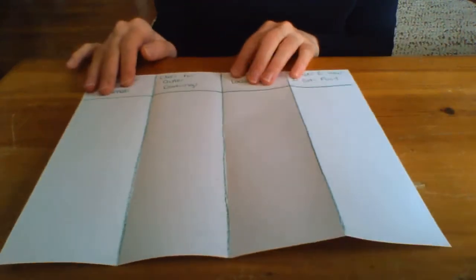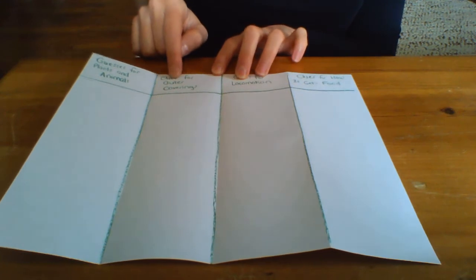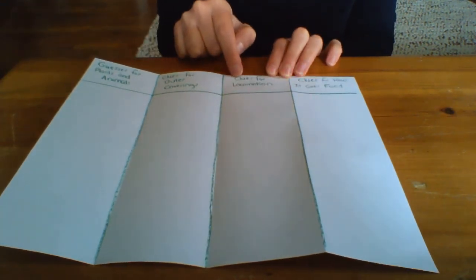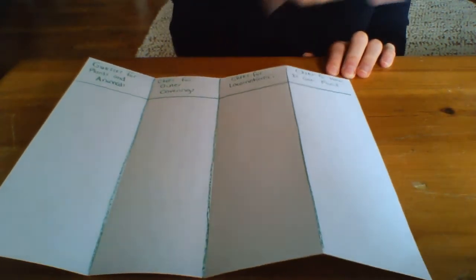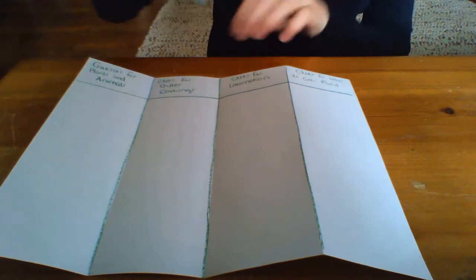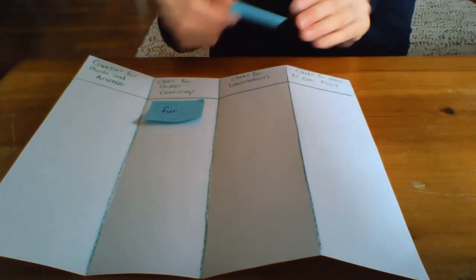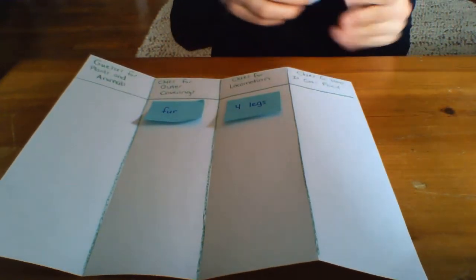Either you or your child is going to go first, and you're going to start with giving a clue for the outer covering of one of those plants or animals from the list, a clue for locomotion, and a clue for how it gets its food. So for example, if it was my turn first, I'm going to put down fur for outer coverings. I'm going to put down 4 legs for locomotion, and I'm going to put teeth and claws for how the